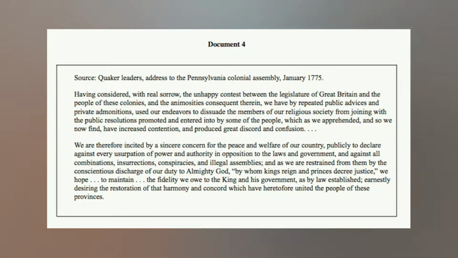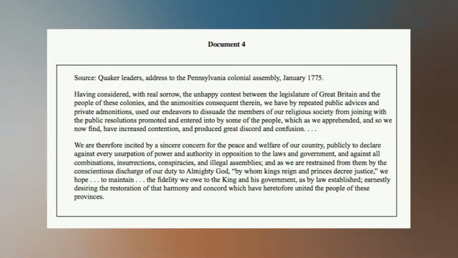We are therefore incited by a sincere concern for the peace and welfare of our country, publicly to declare against every usurpation of power and authority in opposition to the laws and government, and against all combinations, insurrections,